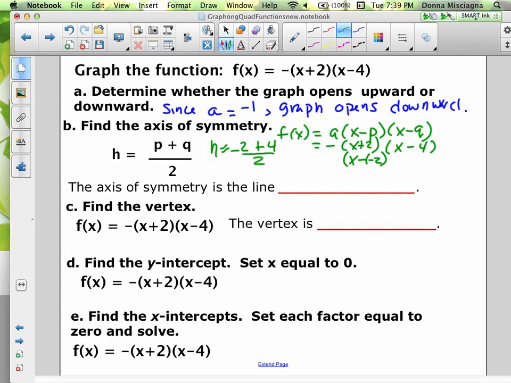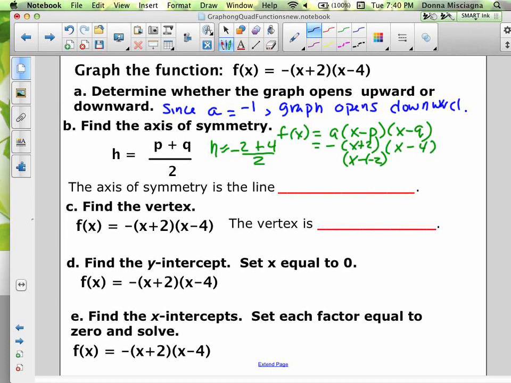If that's confusing to remember the sign of your P and your Q, right? So trying to remember that it's minus and negative. The other thing you can do is find your x-intercepts. That's your P and Q, right? So before I even finish finding the vertex, I'm just going to stroll down here to find the x-intercepts. If you don't want to have to identify P and Q, and you want to just find your x-intercepts